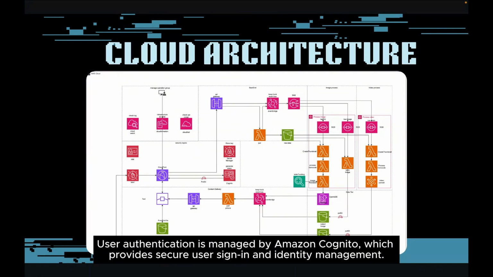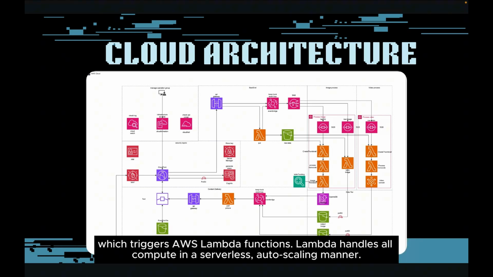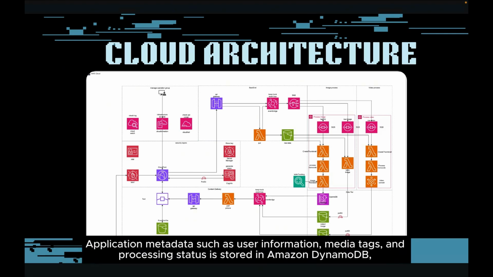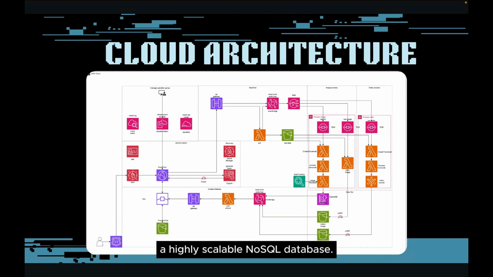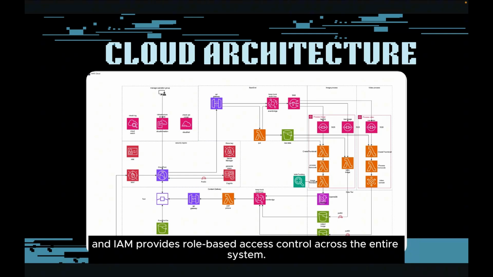User authentication is managed by Amazon Cognito, which provides secure user sign-in and identity management. When users interact with the backend, all API requests go through Amazon API Gateway, which triggers Amazon Lambda functions. Lambda handles all compute in a serverless auto-scaling manner. Application metadata such as user information, media tags, and processing status is stored in DynamoDB, a highly scalable NoSQL database. Secrets and API keys are managed securely through AWS Secrets Manager, and IAM provides role-based access control across the